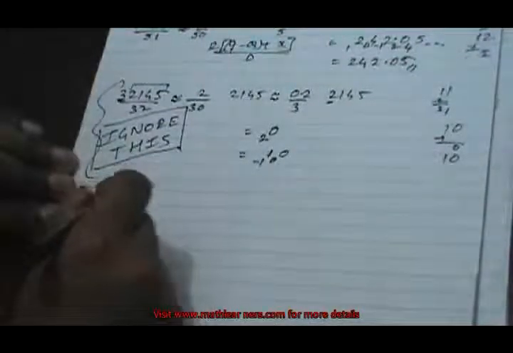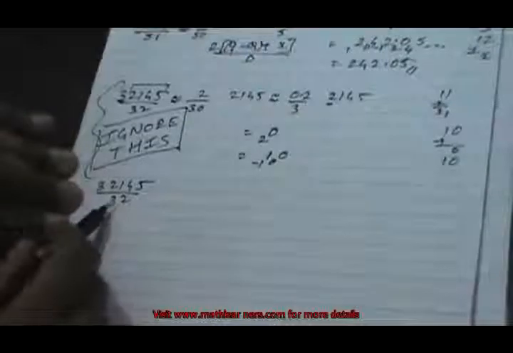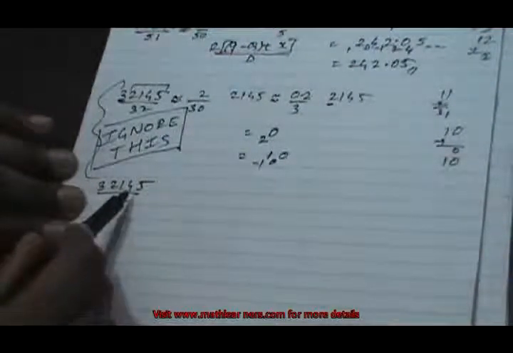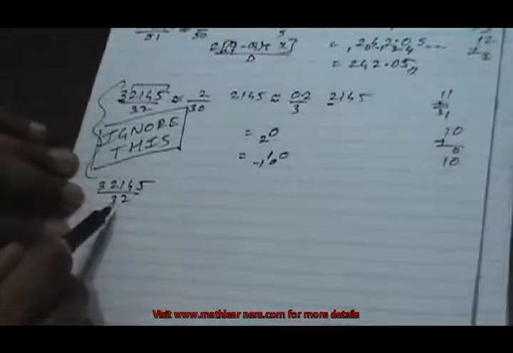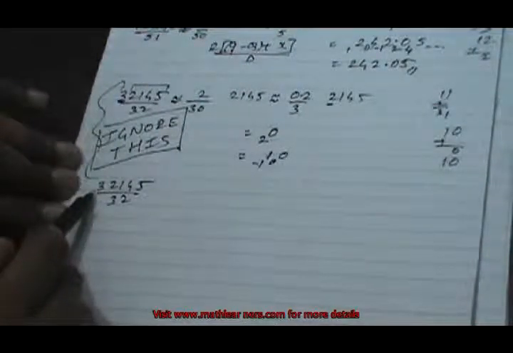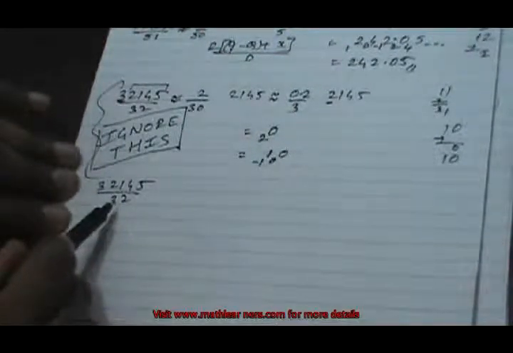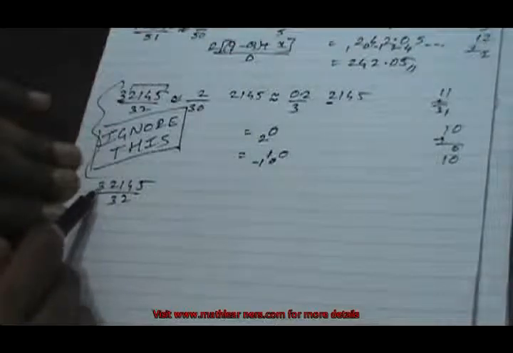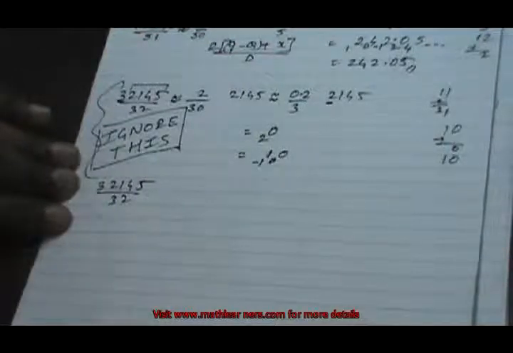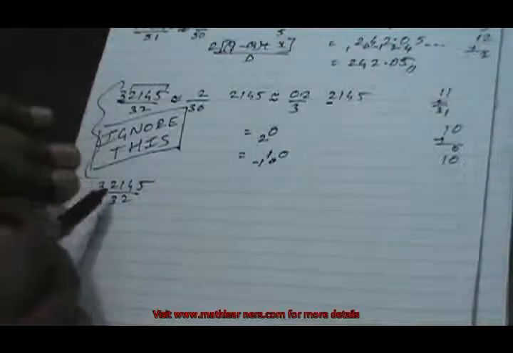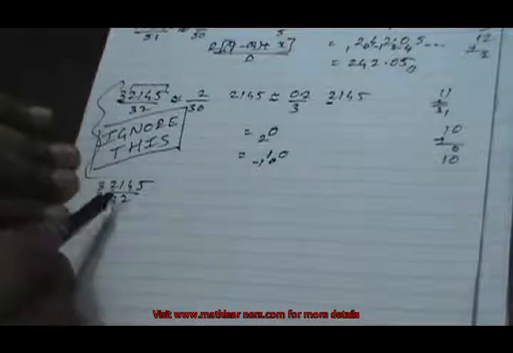Let's say suppose we want to divide 32145 by 32. The denominator is ending with 2 and the numerator has more digits than the denominator. So we need to find a number or a pair of numbers which will be less than the divisor. If we go from the left-hand side, only 3 will be such a number, as 32 is equal to 32. We do not want equal to the denominator, so we consider 3.